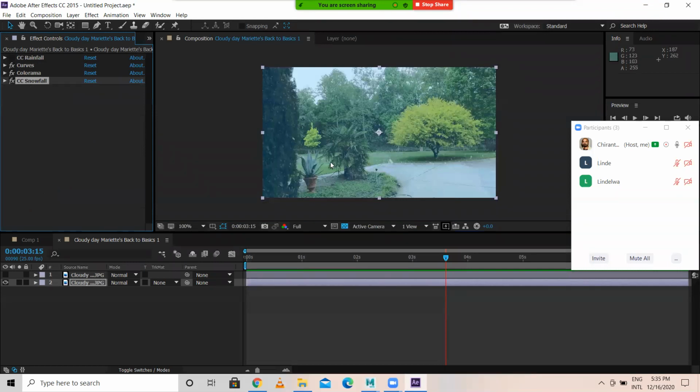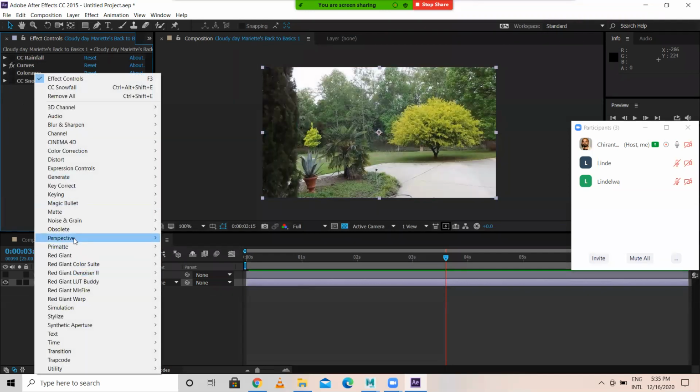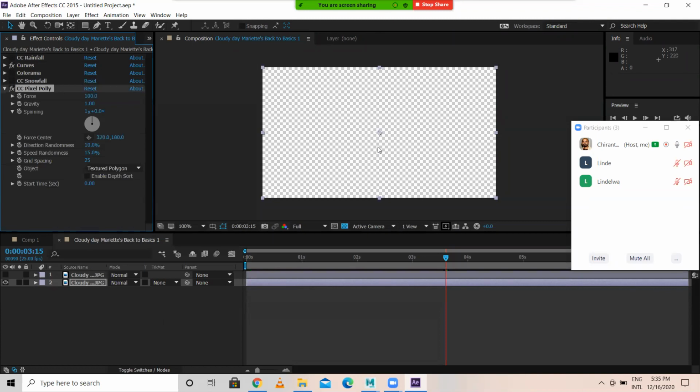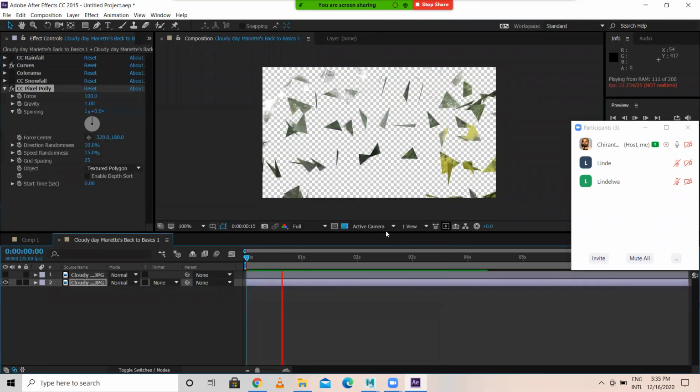Okay, this is snowfall. I'll turn off this. So let me just go to simulation. Let's see a few other things. Pixel poly. Okay,